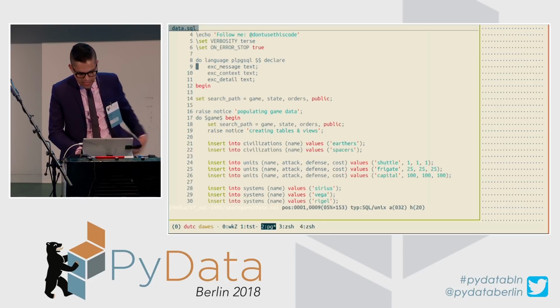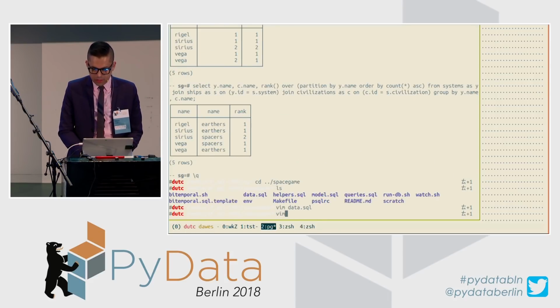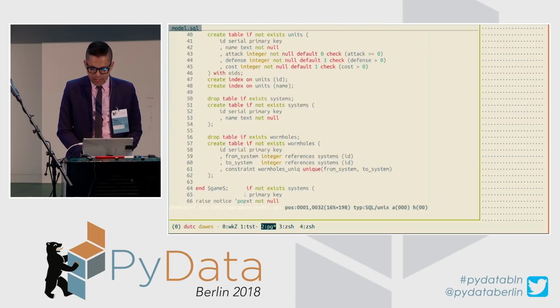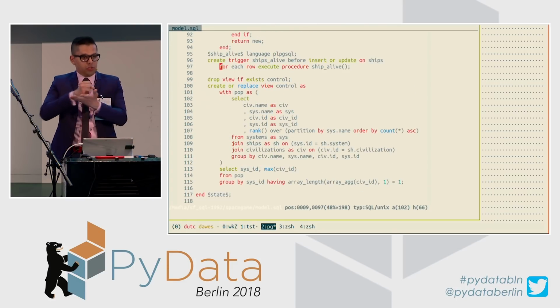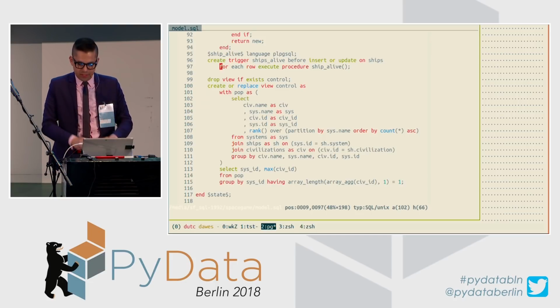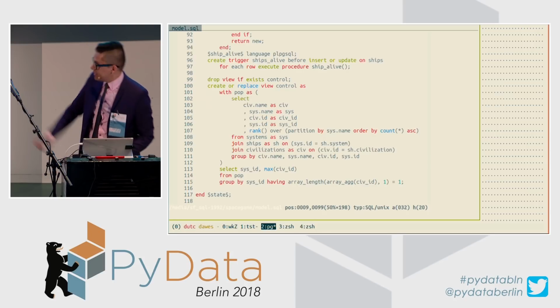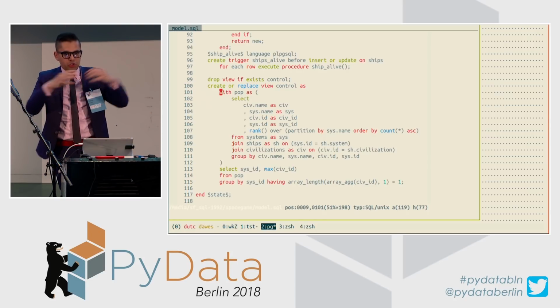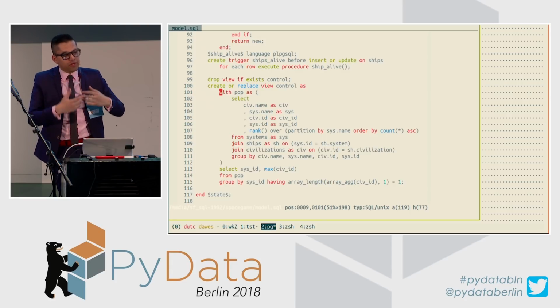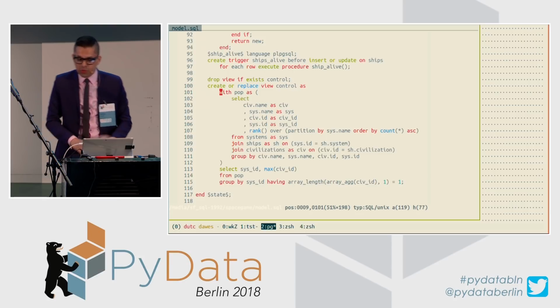There were a couple of things I didn't have time to show you in the model itself, which was the idea that we can also do tree structured data, where you tell one ship to do one thing and it cascades to everything else within the database itself. You can do sophisticated things like materialized views, wherein you partition the information. You look for systems where everybody has the same number of units and you eliminate them. Very sophisticated queries that are otherwise impossible to do with an ORM.